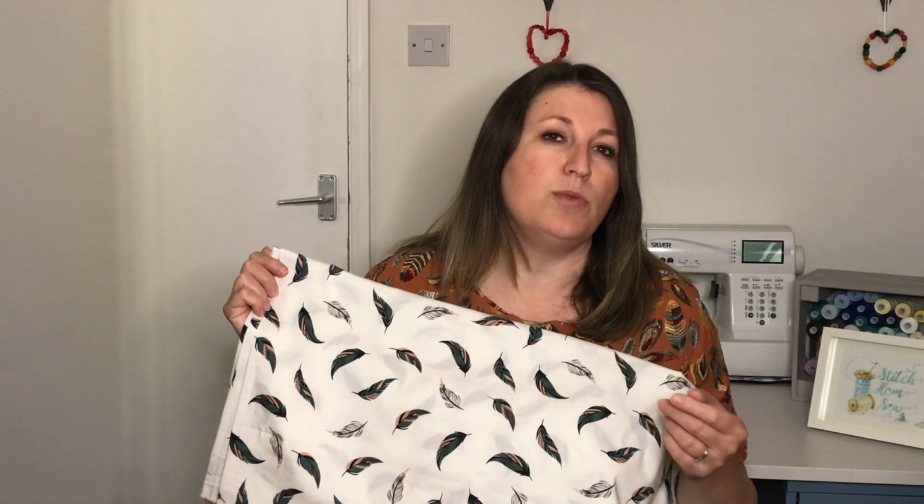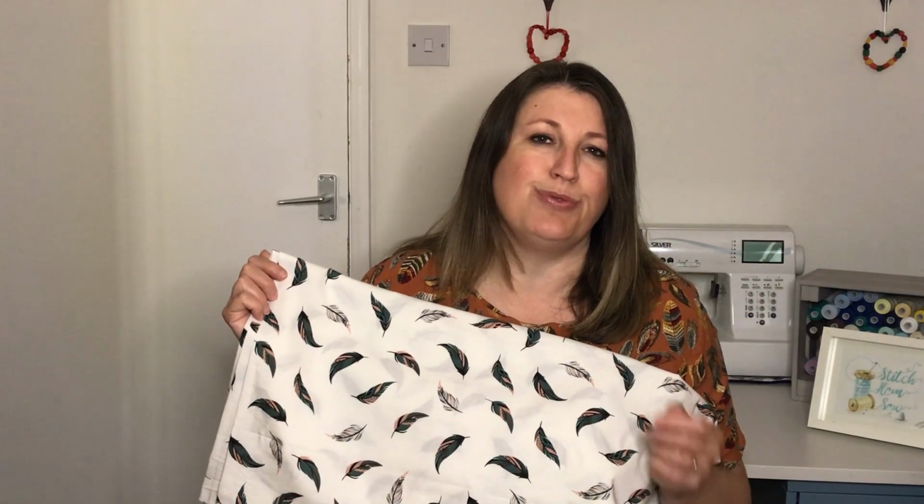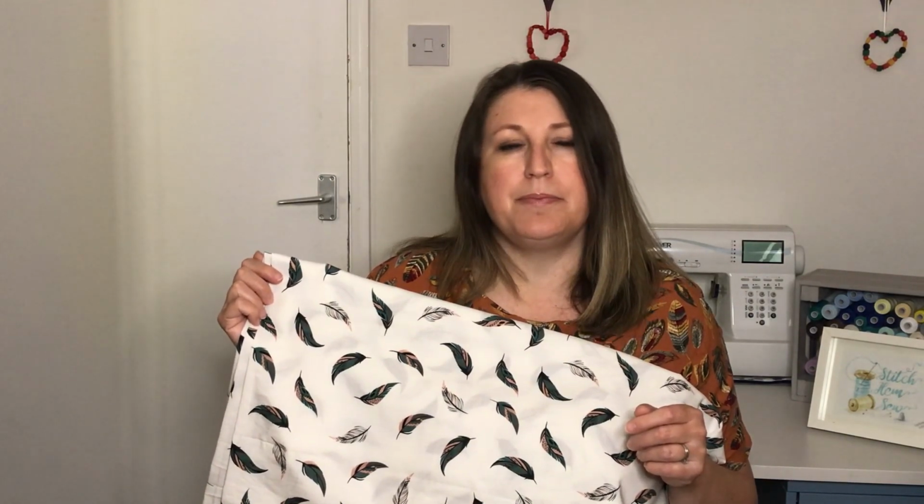Now, I was fairly confident before I did that I would have enough, because I made the Paddington before and I'm pretty sure that I got it out of about 1.5 meters of fabric. But it must have been a slightly wider fabric that I used, and I think that's why I managed to pattern Tetris those pieces on. So